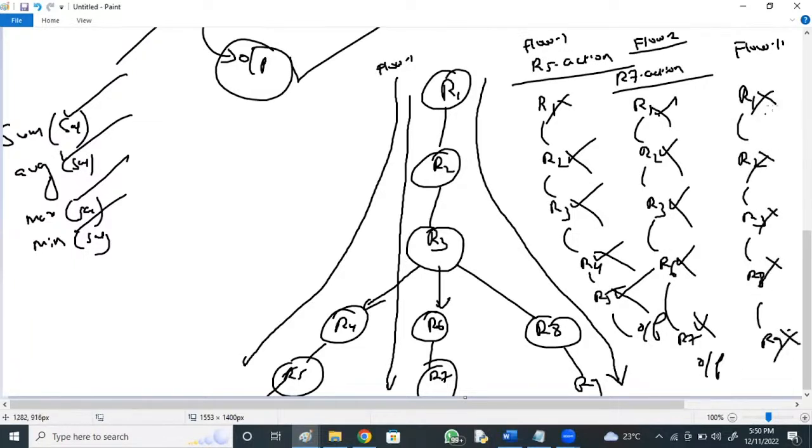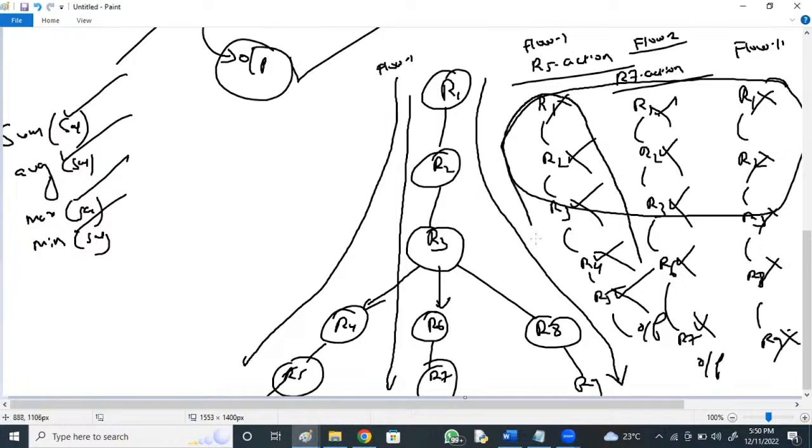And in all the flows, the first 3 steps are common, right? In all these flows, the first 3 steps are common or not? Yes. So when executing the flow, why are you re-executing the first 3 steps again?